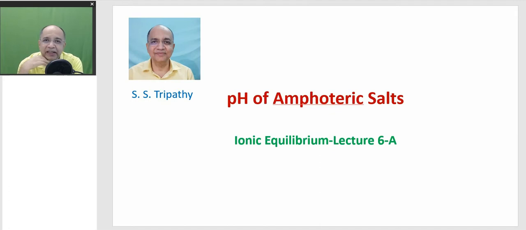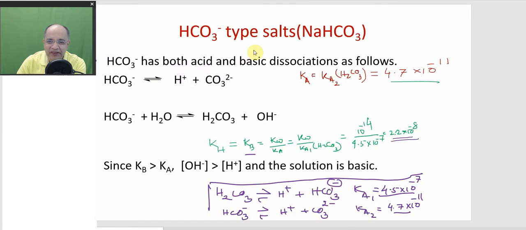Yes, I did tell you something which would naturally arouse confusion. Now see, supposing we take sodium bicarbonate, where the sodium ion is a spectator, as you know, it doesn't have any role to play. The bicarbonate ion is the real hero. Now it has two parts because it is amphoteric, amphiprotic. It has two parts, one acid, one base.